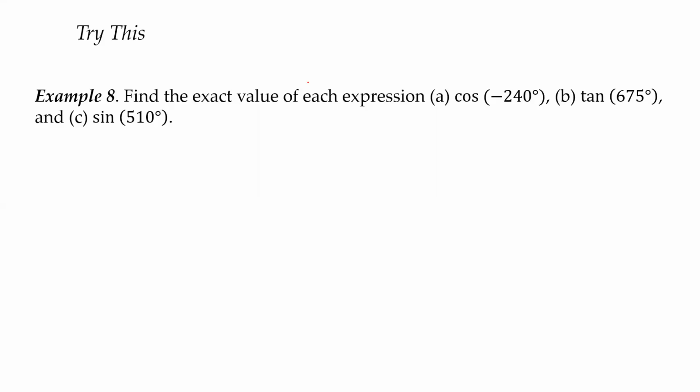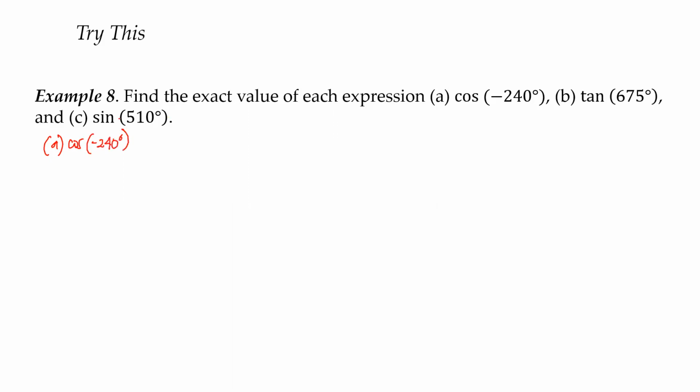Example 8. Find the exact value of each expression. A. Cosine of negative 240. B. Tangent of 675. And C. Sine of 510. So for our letter A, that is cosine of negative